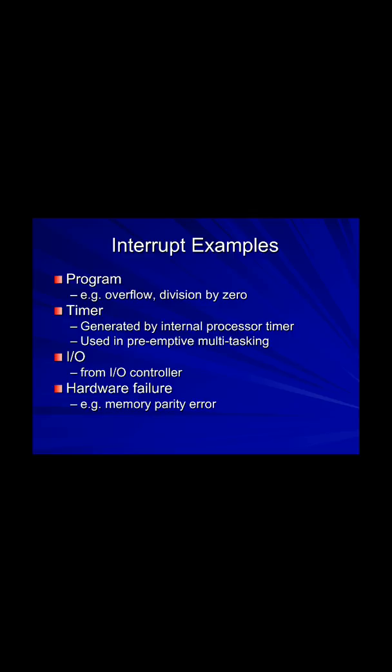The second interrupt class example is the timer. In multitasking, when you have to do multiple tasks at the same time, your CPU allocates its time to each job. Suppose you have 10 jobs and the CPU wants to execute all of them simultaneously. So the CPU allocates its time: job number 1 may get 10 seconds, job number 2 10 seconds, job number 3 10 seconds. This is called the timer. So when the timer expires for job number 1, the CPU generates an interrupt. This is called a timer interrupt.